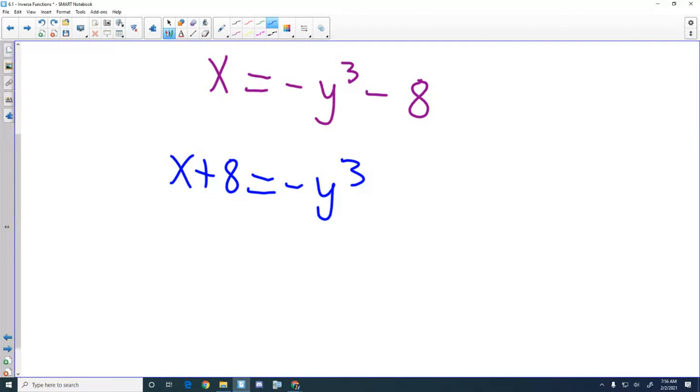How many people got at least this far? Added 8. All right. So now there's a negative sign and there's an exponent. Which of those do we cancel out first? The negative or the exponent? If we think of that negative being like negative 1 times y to the third power. The way we cancel things out is really the opposite of PEMDAS. It's the opposite of the order of operations. So instead of using PEMDAS,